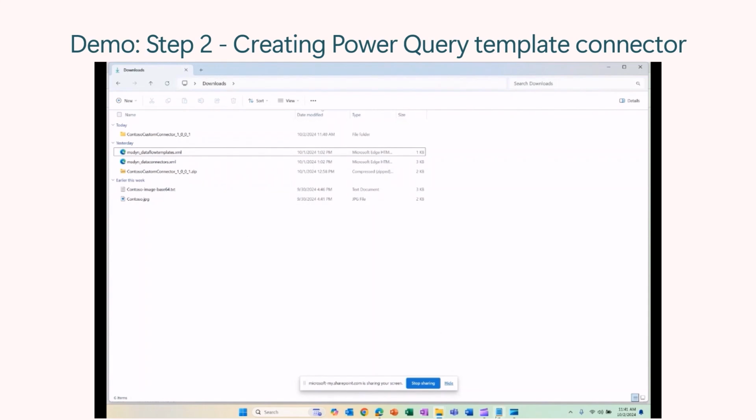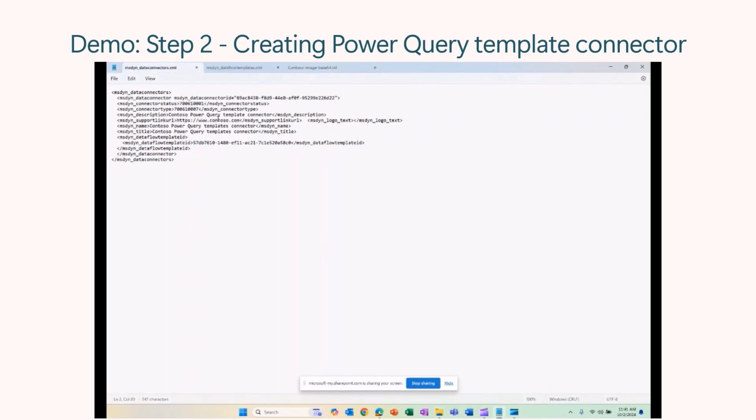First of all, the data connectors XML. This has the template information that you can see in the product documentation. You need to fill it out, starting with an ID that you need to set for the connector. This needs to be unique. Then you can keep this as is, with status being published and the connector type being the partner connector using Power Query template. And then give it a description, your support link, and then it asks for your logo,